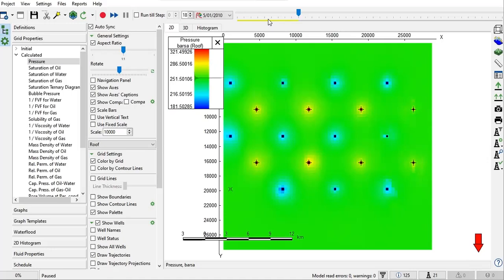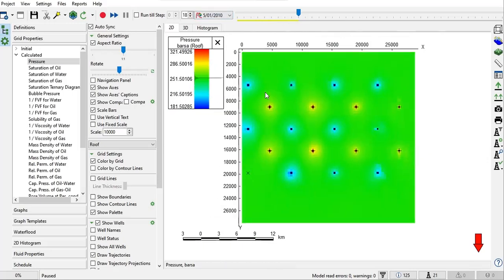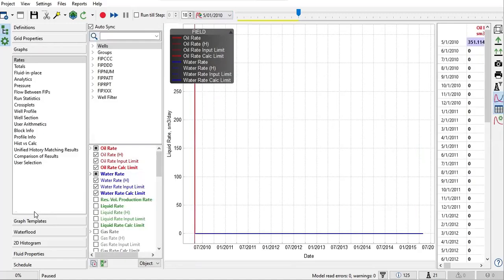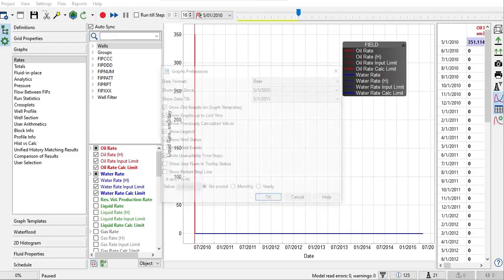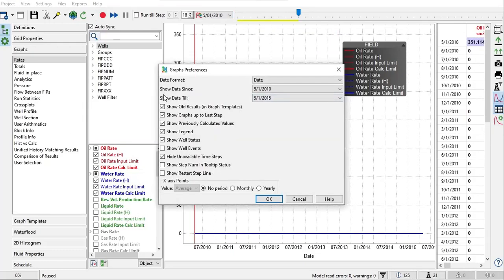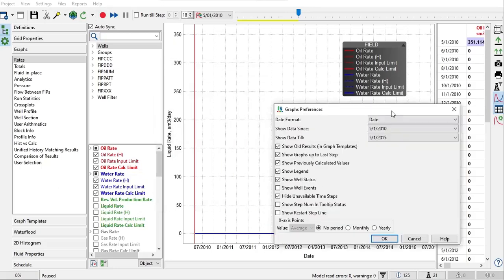Okay, so starting from May 2010, you can calculate for the future. And this is for the grid properties. If you check the graph, it seems like there is no production history, but you can click this one, settings, and you can show data since